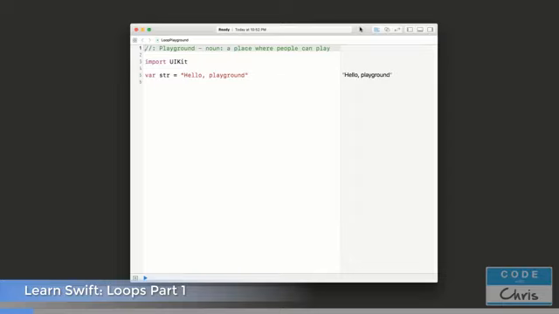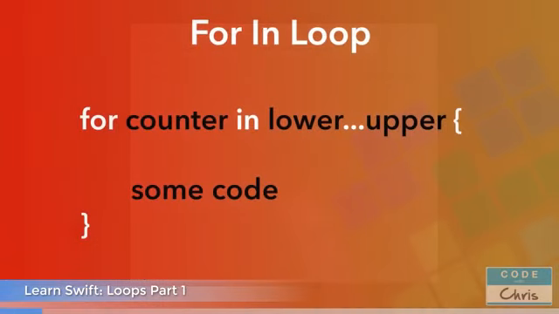So let's start with learning how to use a for-in loop to repeat a piece of code for a specified number of times. And when you learn about arrays, I'll show you how to use a for-in loop to go through each piece of data in that array. So as you can see, true to its name, the keywords to use here are for and in. So you start with the keyword for, and next you have a variable name. Now you don't have to declare this variable using the var keyword like you've learned in the previous lessons. You can simply have a name for this variable because you're only going to refer to this variable within the